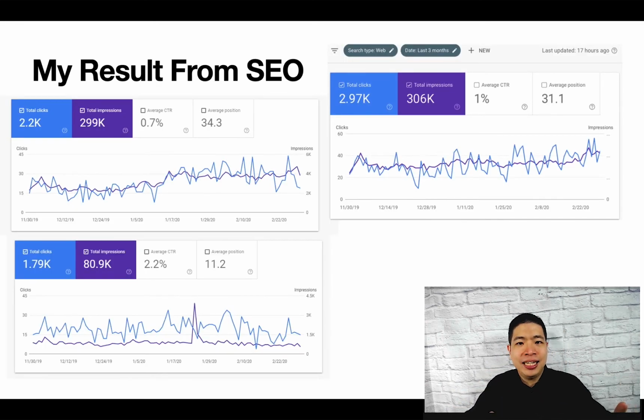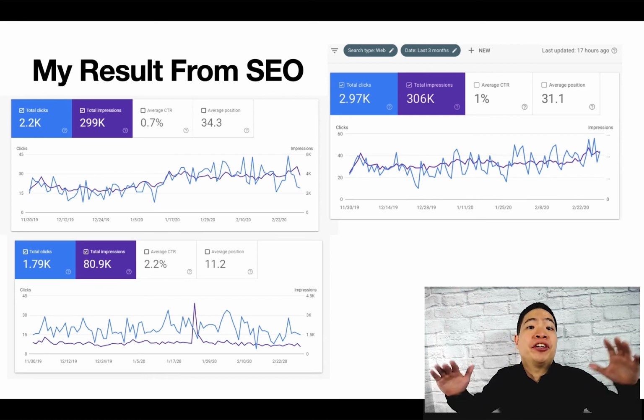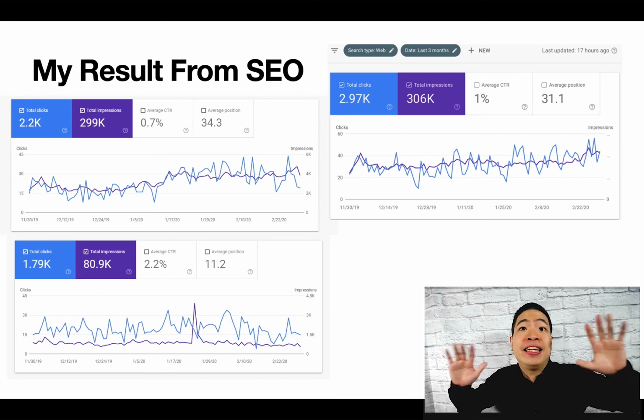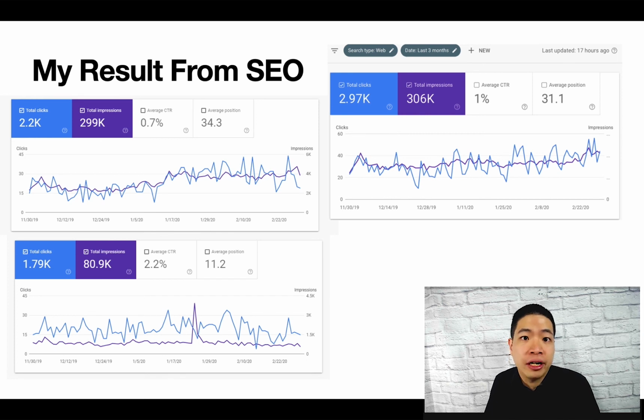As you can see, I follow just the framework I mentioned, and I get so much traffic from SEO. If you can apply SEO for your business, it can help you get so much traffic organically without paying for ads. Now, there's only one issue with SEO. SEO is really complicated. There's so much detail, right? It's really hard for a newbie to get it right in the first place. Actually, it took me years to master the art of SEO.